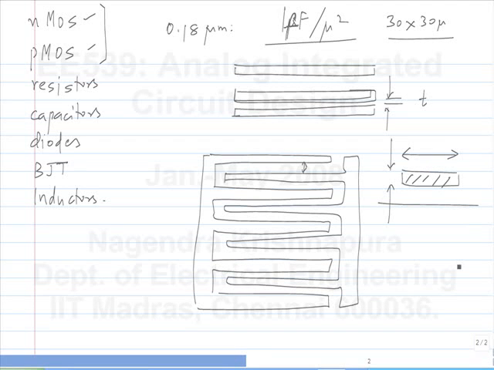Now, as we have progressed in technology, the width of the metal has reduced a lot. The thickness also has reduced, but definitely not by the same amount. So in a modern process, the minimum width metal will look like this. That is, it is actually taller than it is wide. So in fact, by doing something like this, you can get a larger capacitance than by putting two parallel plates on top of each other. Now you can do this in one layer, but also you can do it in many layers and stack them all together. So you can get a lot of capacitance like this. Now as you go to finer and finer geometry technologies, this will get better and better.